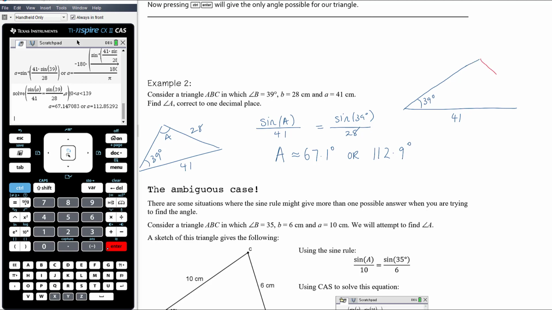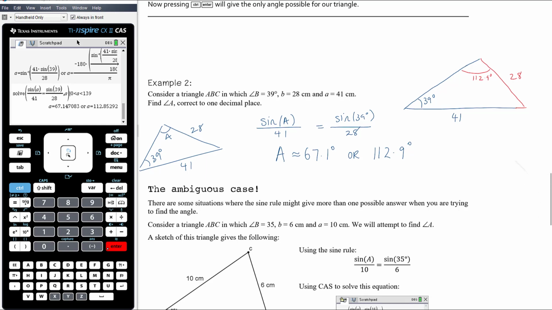Okay, so let's say 28, that one was. So I drew that as an angle bigger than 90 degrees. So that would match with the diagram I've just drawn, that would match with this being 112.9 degrees. Okay, but what we need to think about is it would be possible to imagine this red side length I've